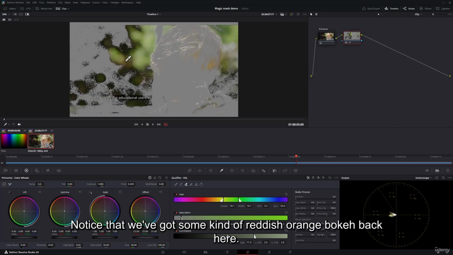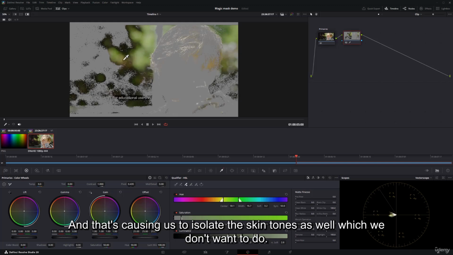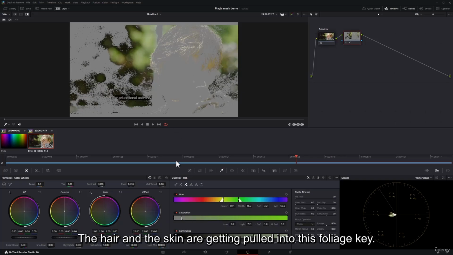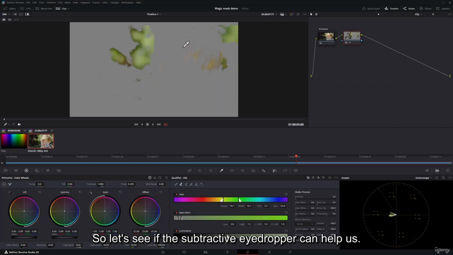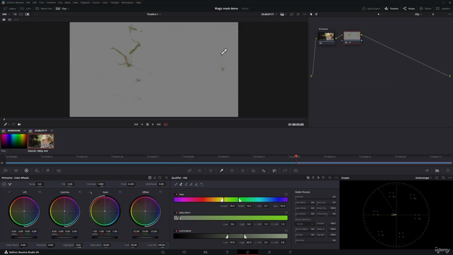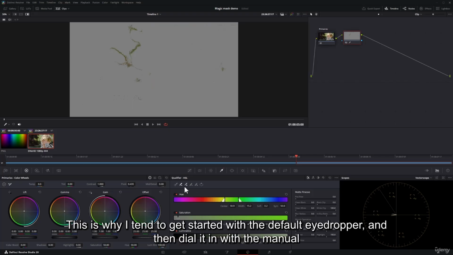Notice that we've got some kind of reddish orange bokeh back here, and that's causing us to isolate the skin tones as well, which we don't want to do. The hair and the skin are getting pulled into this foliage key. So let's see if the subtractive eyedropper can help us. Not really. This is why I tend to get started with the default eyedropper and then dial it in with